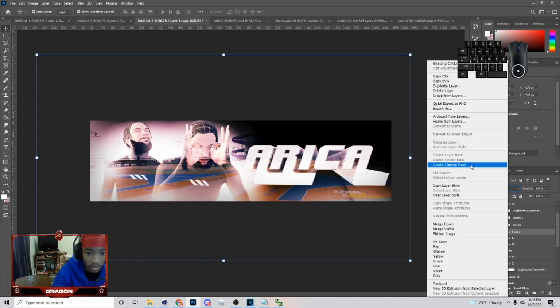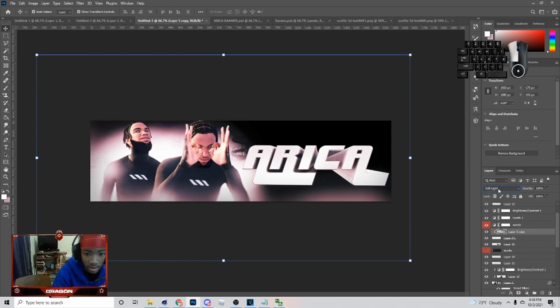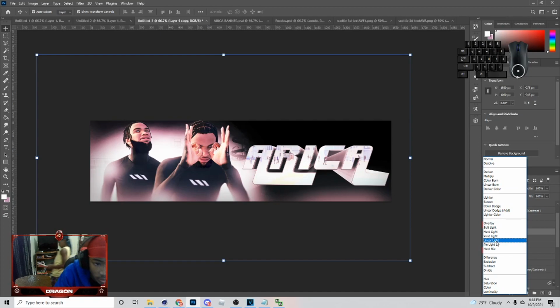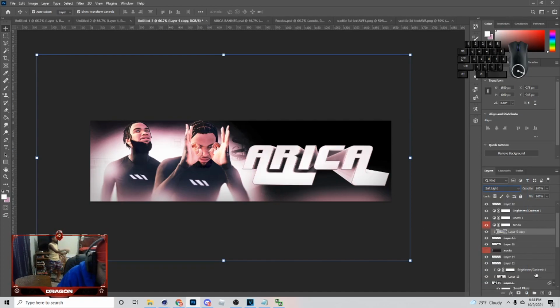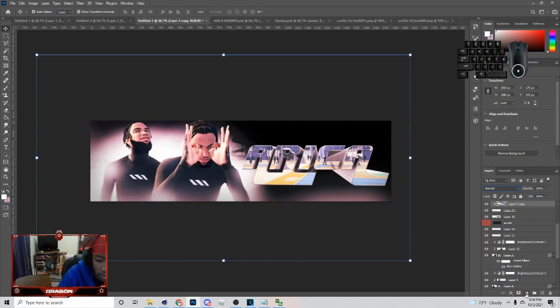You want to go up here, create a clipping mask on that, and you can set it to whatever color you want. So just find out whatever you want. I might do my luminosity, but when I find out whatever I want to put it on, I'm gonna be back with y'all. Alright, so what I'm gonna end up doing is put it on normal,